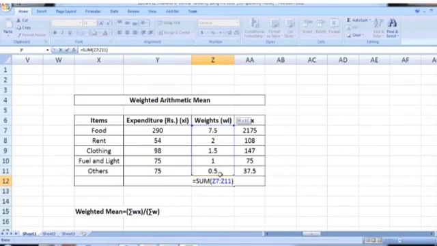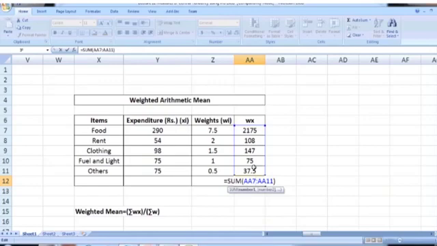So Z7 to Z11, press enter, we get summation W, and then take your mouse cursor to the bottom right corner and drag this towards the right. You can see that it gives us the sum of AA7 to AA11, from the first number to the last number. So there is no need to retype this sum formula again and again. You can drag the formula horizontally as well as vertically as required.